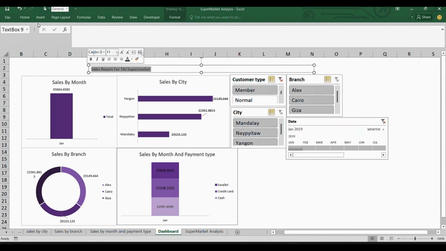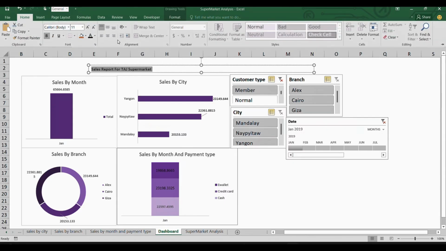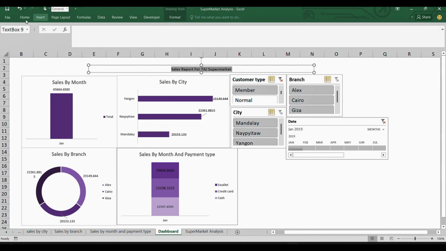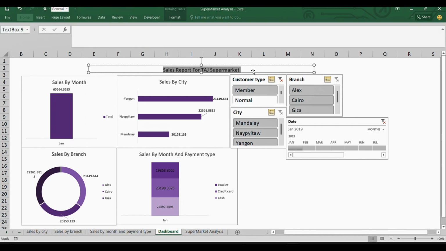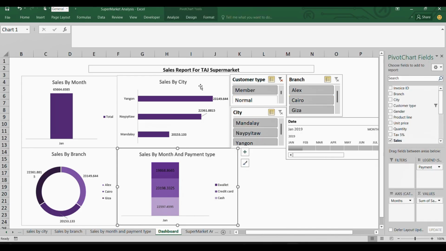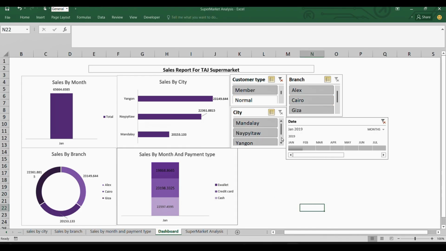Let's make it look more like a heading. Make it bold. I'll probably just put it in the middle. I think I should increase it just a bit. There's not much space, but okay. Let's see. Okay, I think this is good. So you can arrange it. You can even try removing these lines just to make it blend. But basically, this is how you're going to achieve an interactive dashboard